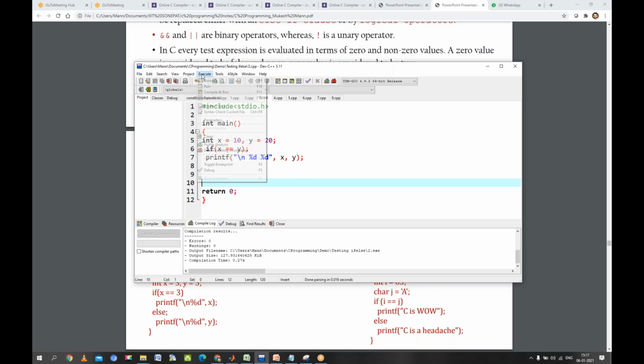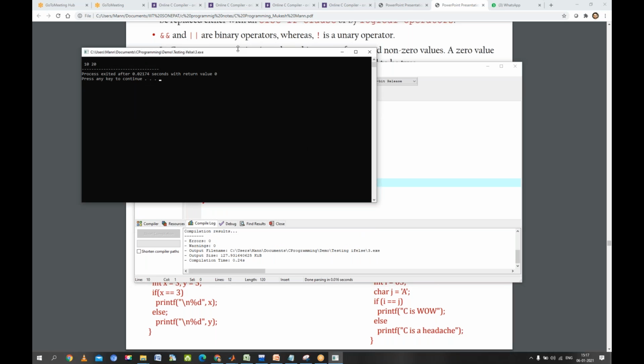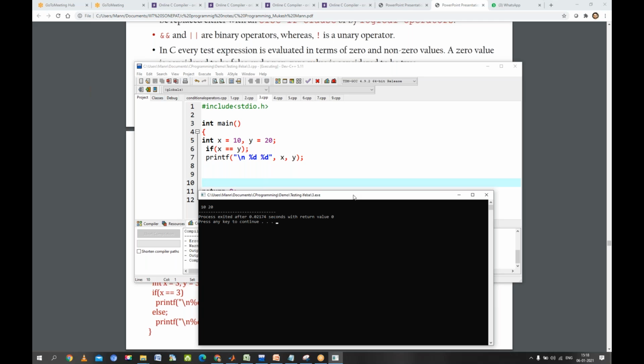Let's see. Can you see the output, 10 and 20? Why is that so?